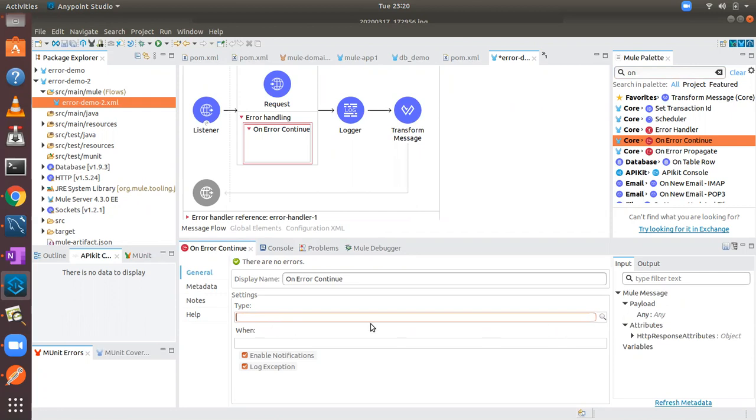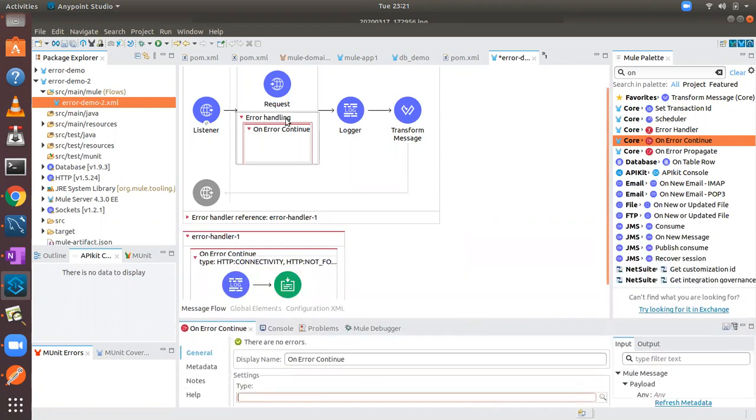If in the try scope error handler, the error handling doesn't handle the error, does it go to the flow handler or whatever? Yeah, very good question, Ashish. When the try scope is not going to handle it, then it comes to flow scope, but it depends upon some condition. The condition is what kind of scope it is, on error continue or on error propagate. The two kinds of scope are there, on error continue scope and on error propagate scope.